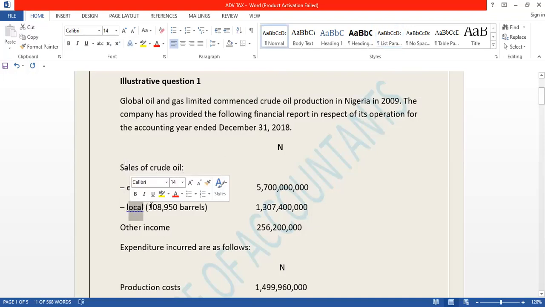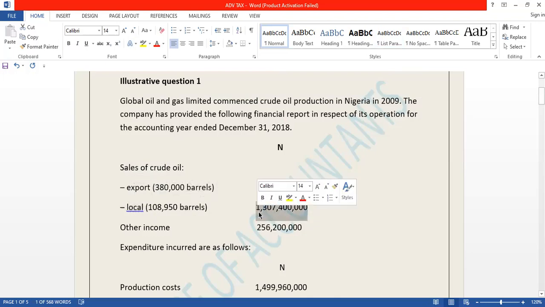So we don't have any problem with the one of local because it's in Nigerian currency already. But we need to calculate this one of foreign, which is export, which is